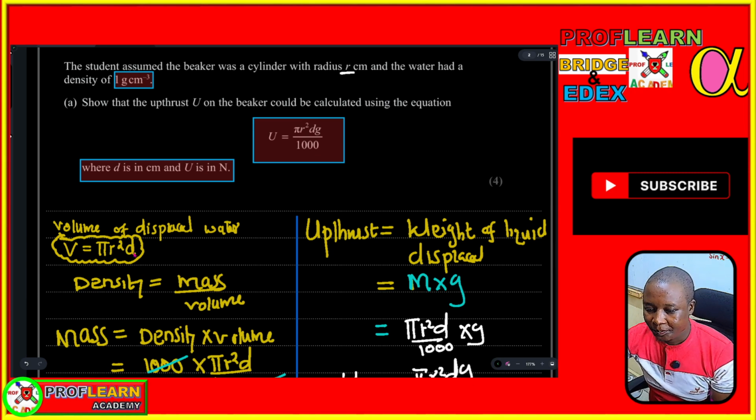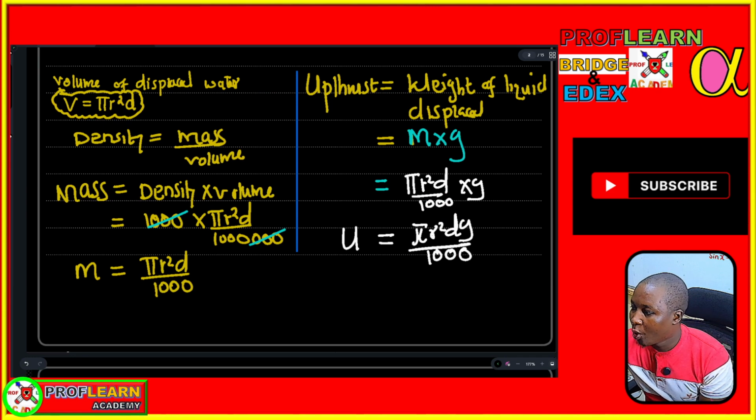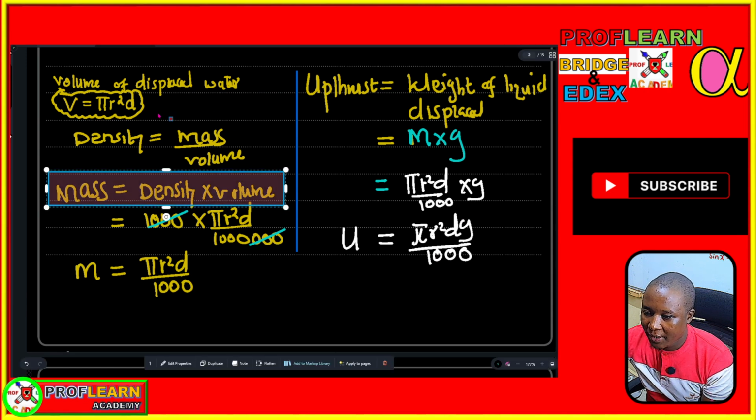The density of water is given by the formula density equals mass over volume, but we want to know the mass of water displaced. In that case, we are going to say mass equals density times volume. Already we have the volume here, and we have the density as 1 gram per centimeter cubed, and then we can now say